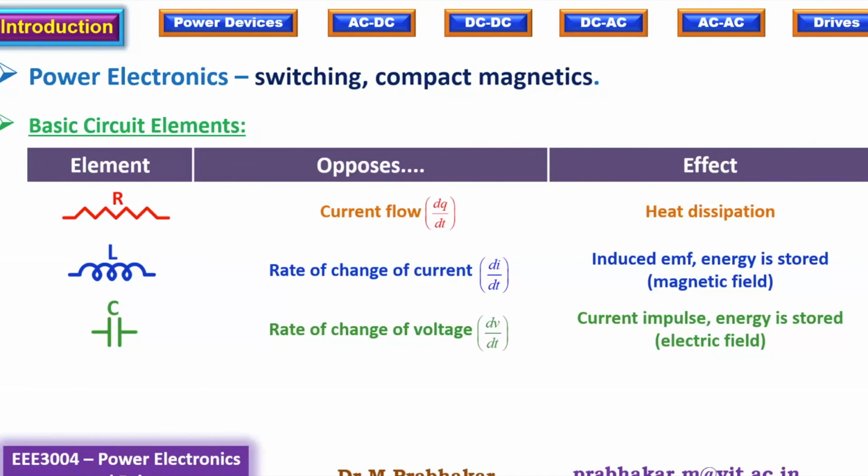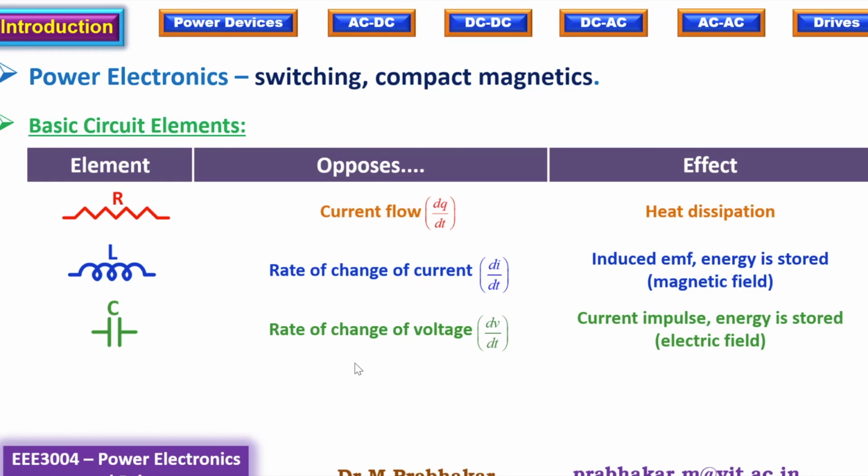Out of these three, resistance, don't use resistance. Don't add a resistance deliberately in power conversion circuits. Fine. So in power electronics, in power converters, don't add a resistor. Never use a resistor. Why? Because it is a dissipative element. It is a lossy element. Don't use a resistor. Rather, use switches with very low resistance. Use inductors, use capacitors, arrange them suitably. That is the coordination part. Then make sure that you turn them off at proper instance so that power conversion is going to be efficient. Fine.